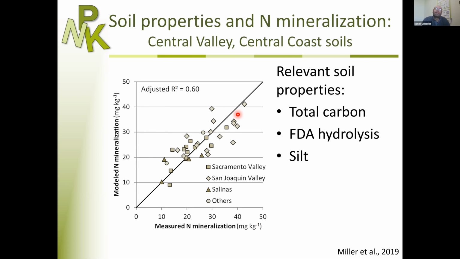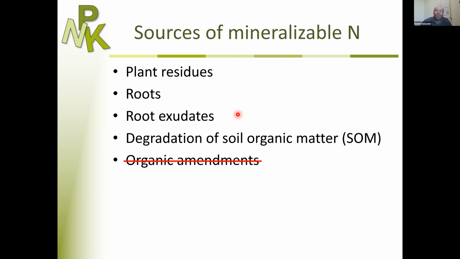And we did that for the Central Valley soils, where we looked at what is the input in organic nitrogen. So not mineral fertilizer, just organic forms of nitrogen. And the soils were all collected on conventional farms. So that means these soils had no history of organic amendments or legume cover crops. So in these cases, if we grow a crop every year and it's fertilized with mineral fertilizers, then the input of organic forms of nitrogen is with plant residues.